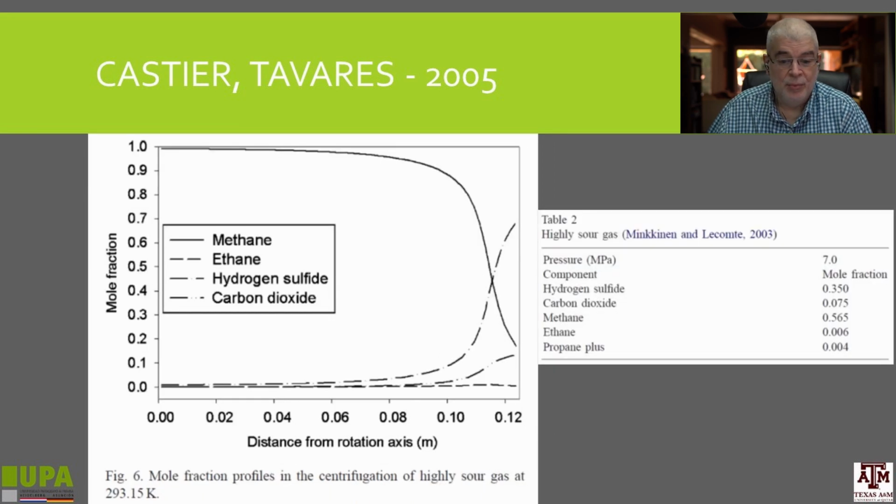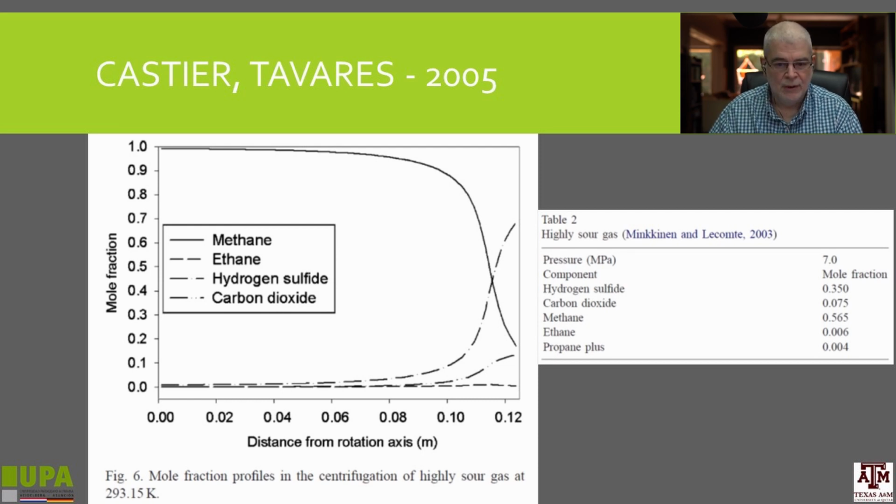And we could get composition profiles. So the basic idea of using ultracentrifugation was that in the outer layer, away from the rotation axis, you could get enrichment of the heaviest components, which in this case would be hydrogen sulfide and carbon dioxide, and this is exactly what you see here. So this was a kind of immediate application of the work of Rogério Espósito by just switching from a vertical